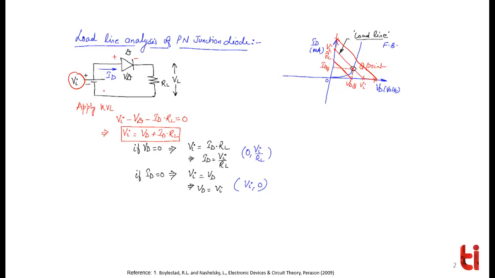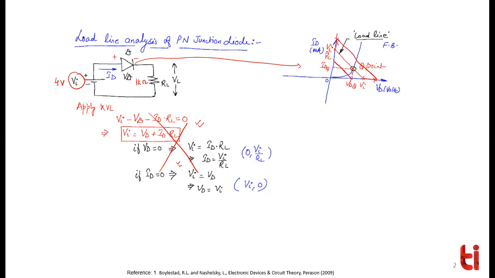So now it was a general kind of thing. Let's take a question over here. Let's say this is 4 volt and let's say this is 1 kilo ohm and let's say this is the diode characteristics given to you. So what you have to find out, directly, you need not do all this KVL and all things. It's very, very easy. But directly, many times you may not remember, that is why this load line analysis and applying KVL is more important.